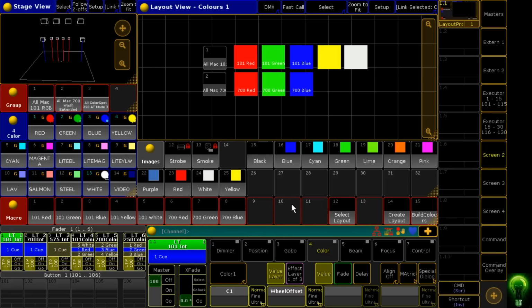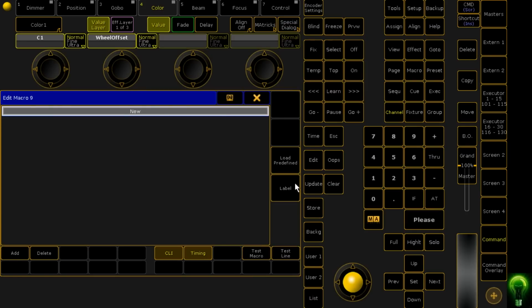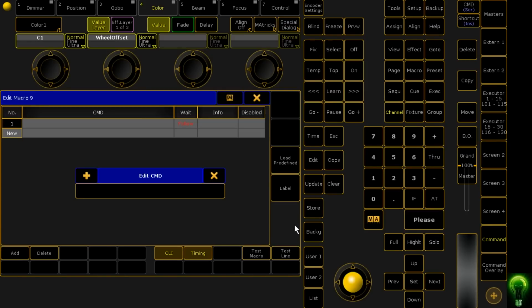Now, one macro I create is, obviously, I mainly work in the corporate world, so we do a lot of band shows, so it'll go between busking and program content, and at the end of the busking, I normally want to pull out these colors. Now I can click off, and off here, and bring them back to just white, or what I can do is I can create a macro, oh, excuse me, that simply says off,